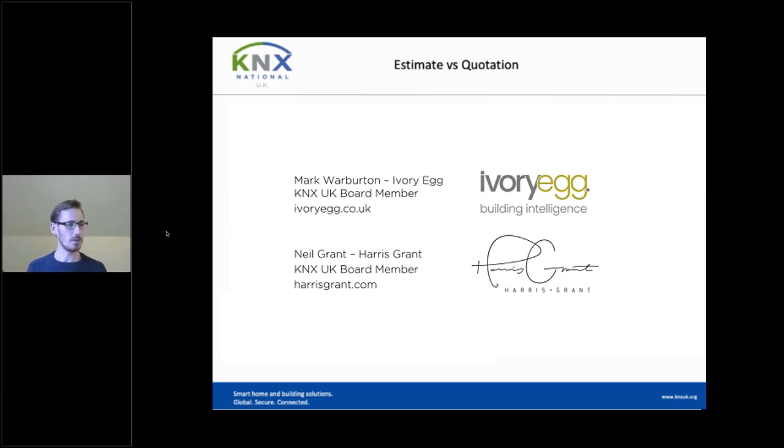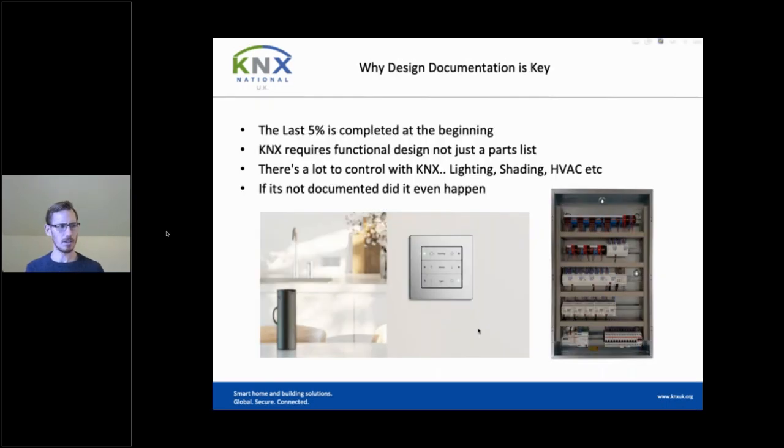Right then, so why do you need design documentation? What's the point? Why can't we just work out what we need, jot it down on a bit of paper, buy some products, program it and install it? Well, the key thing, and I've come back to this many times, is that the last 5% of a project,